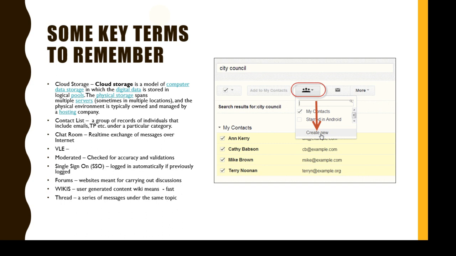Then a thread is actually a discussion, a series of messages, a chain of messages under a particular topic. Threads are not only found in forums, but you can find threads in email.